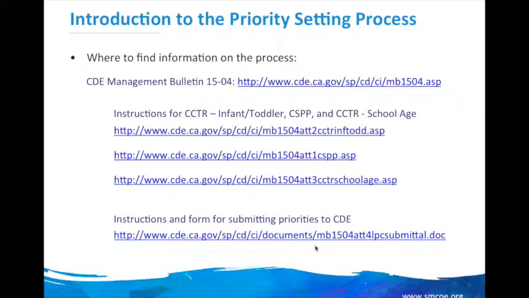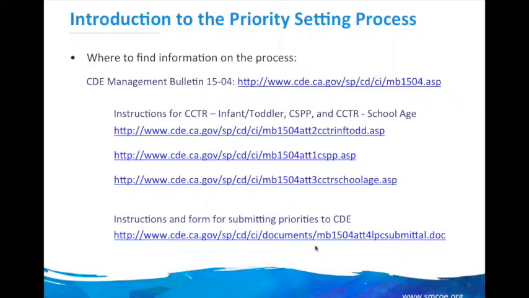The only thing that is new about this and the previous common way that we did it is that now we're reporting on all 3 age groups: infant-toddler, preschool, and school age. So before they wanted only 2 priorities from us. Now we're going to be submitting 3. And the other thing that's different is that we have access to the AIR data browser, so that puts some of the elements that we need in one place. We didn't have that in the old days either.